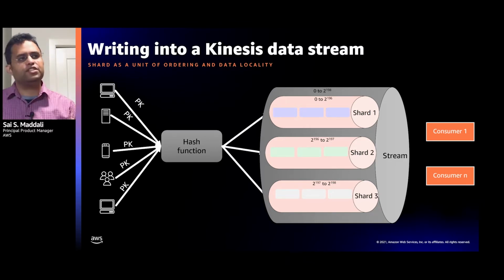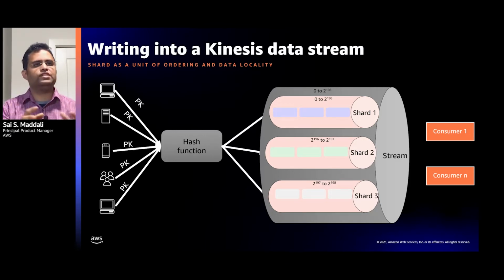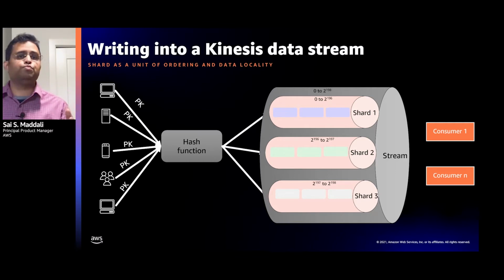Now all shards in a stream share the hash key space of 0 to 2 power 128, as you can see in the picture in the slide here. So if you have 3 shards, shard 1 would be between, as an example, 0 to 2 power 126, shard 2 from 2 power 126 to 2 power 127, and so on and so forth. So when you write data and you specify a partition key, Kinesis takes that partition key, converts that to a hash key, and depending on where it falls in terms of the shard range, it assigns the record to the appropriate shard.